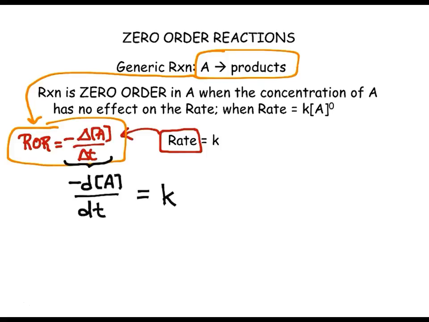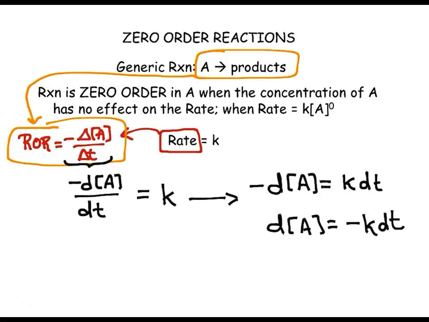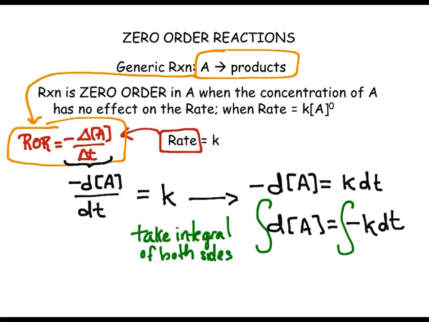And next, when we integrate, we're going to first rearrange this equation to move dt to the other side. We're going to move the negative sign to the other side. And then we're going to integrate each side of that expression. That's what that little weird, funky S-looking thing is, taking the integral. When you take the integral of both sides from A sub 0 up to A at time t, and from time 0 up to time t on the right-hand side,